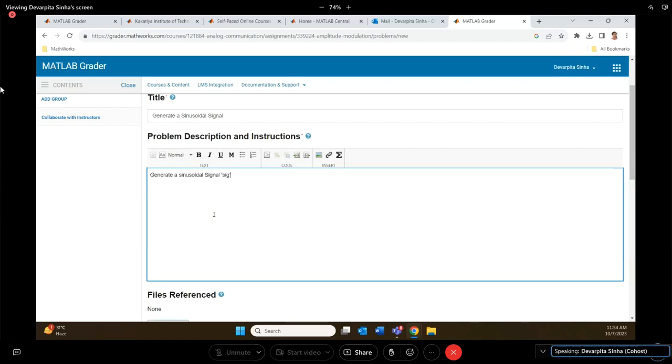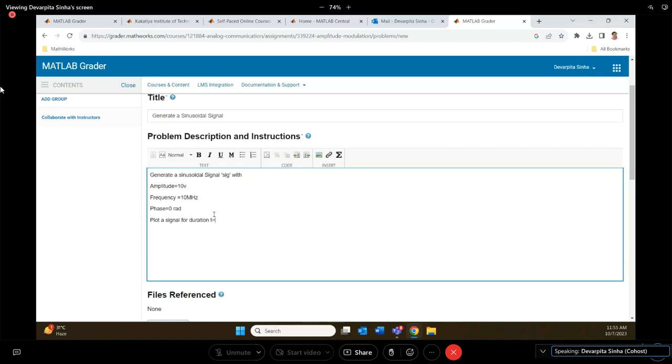Say I'm giving a name sig with some parameters like amplitude 10 volt, frequency 10 megahertz, phase say 0 radian, and with that plot a signal for duration, say